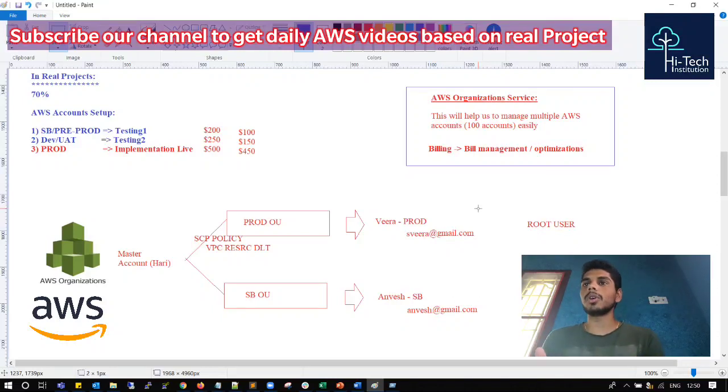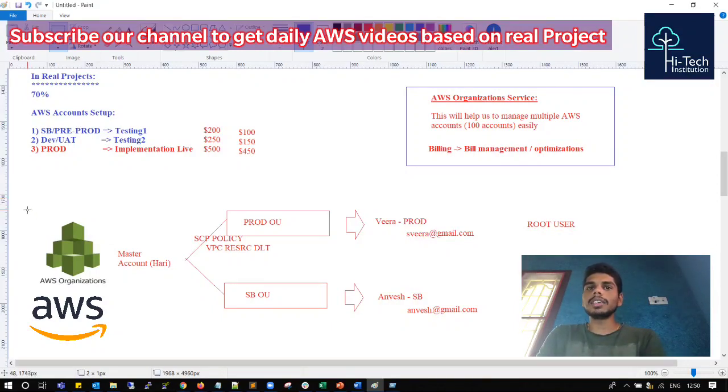When we have multiple AWS accounts like this, it will be difficult to manage billing and cost optimization. Assume that you have one AWS account. Every month you have to follow the billing, see how the bill costs, check that everything is showing properly, what the billing date is, and pay the bill. For one account, it's already a difficult task. Consider when you are working on a live project and handling 100 plus accounts, it will be really difficult to handle multiple accounts' billing.